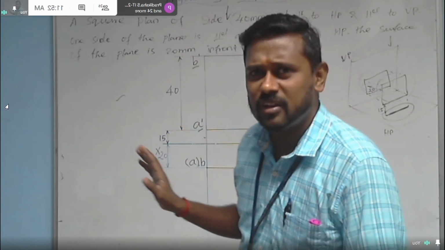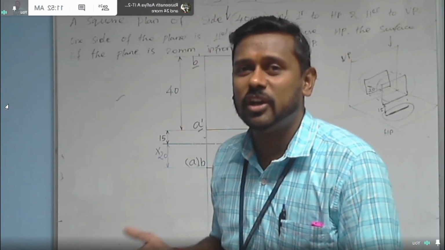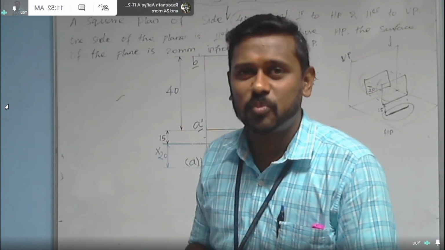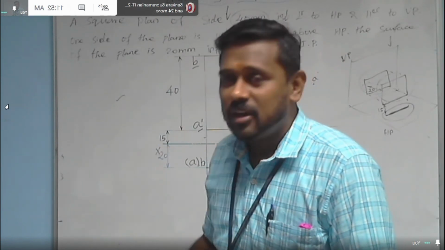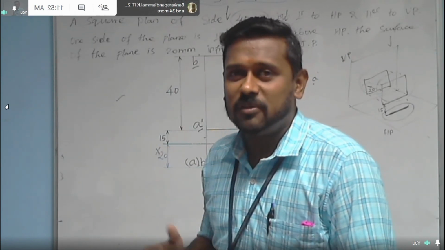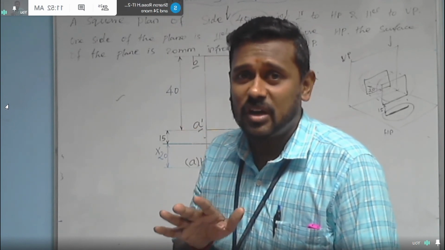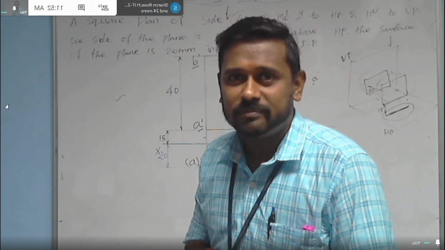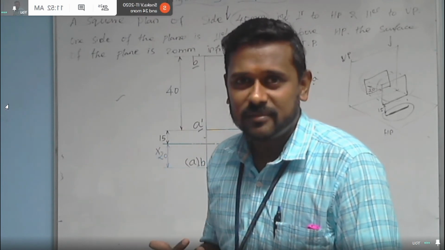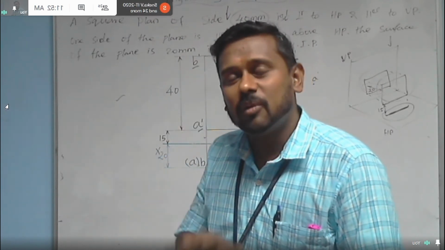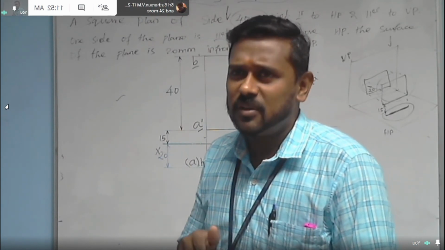So this is the procedure. Maybe the object used here is a new one, that is, we proceeded with a 2D object. So far we worked with a dimensionless point and one-dimensional straight lines. Now it is a two-dimensional plane. The object may differ, but I think the procedure for obtaining the projections of the object is the same from the beginning. In the way we projected the point, in the same way we projected this plane. In the same way we drew the front and top views of the plane. So the orthographic projection concept is still the same. We are just upgrading our object.